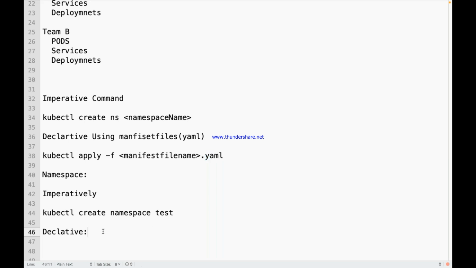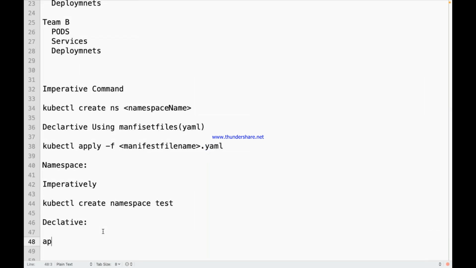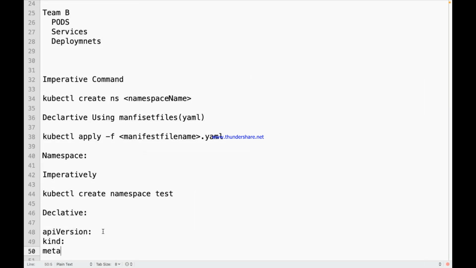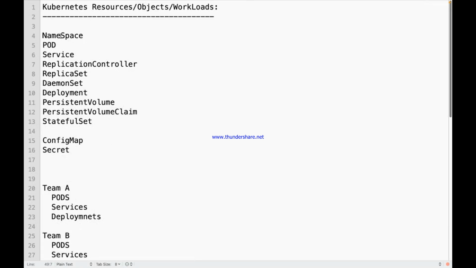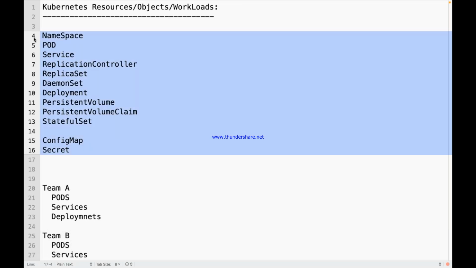If it is a YML, it will be something like this: API version, kind, metadata. For namespace, you will have something like this: API version, kind, metadata. Kind: what kind of Kubernetes resource, what kind of Kubernetes object you want to create? Can I call pod also as one kind, object or resource? All these Kubernetes objects